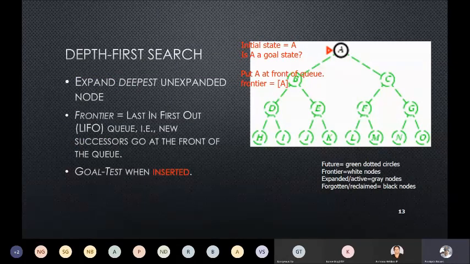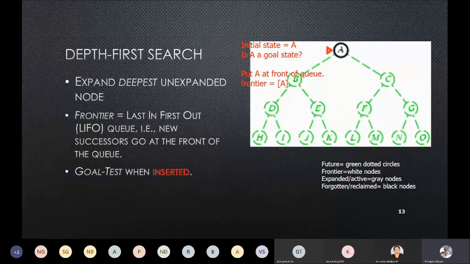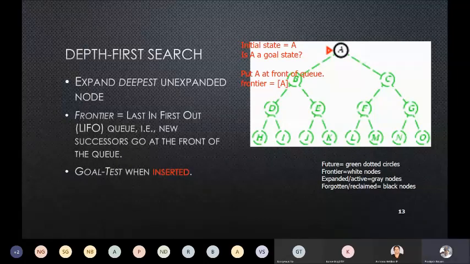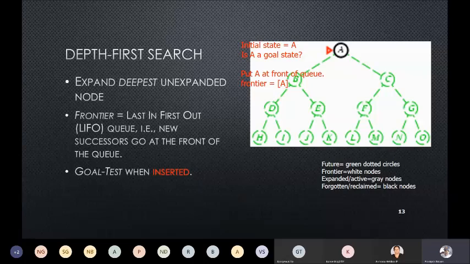Now we will look at another type of search. Again, our notion is the same, as if I am trying to reach from Bangalore to London. These are the cities, and these dotted green lines are showing my way from one city to another. Depth first search, as the name implies, will go across depth. If you remember our hypothetical pyramid cheese, this time instead of cutting horizontally, I will cut the cheese vertically. Depth first search will use a particular data structure called a LIFO, last in first out queue. That means whoever came last will be popped out first.